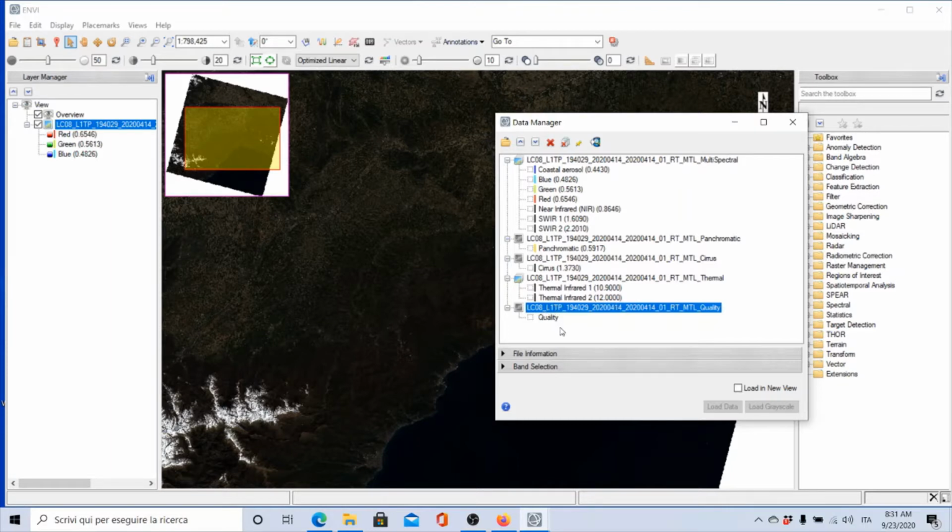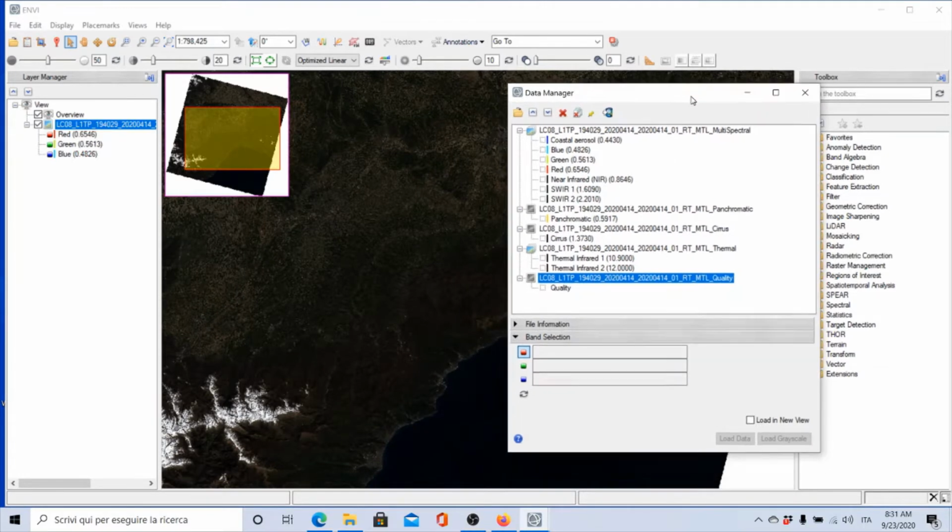And then we have the last band, which is not a real acquired band, because it's mentioning the quality of the data. So it's something that is representing visually the quality of the acquisition. All right. So you remember, then if I'm clicking here on band selection, I can have